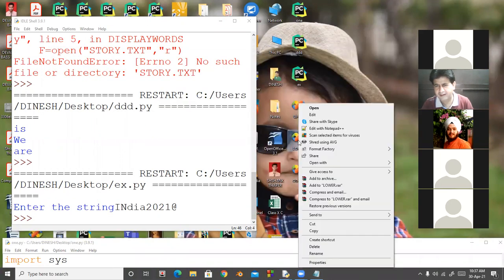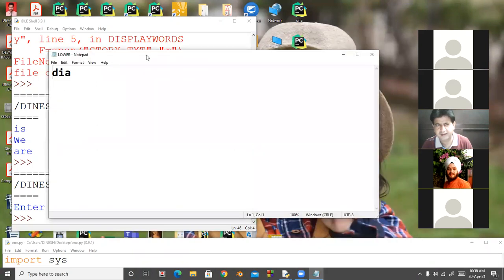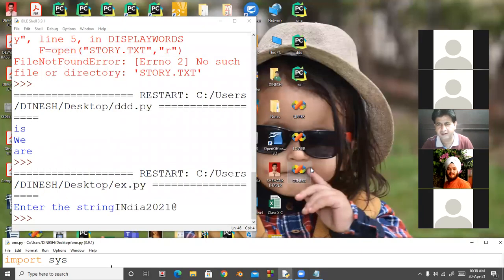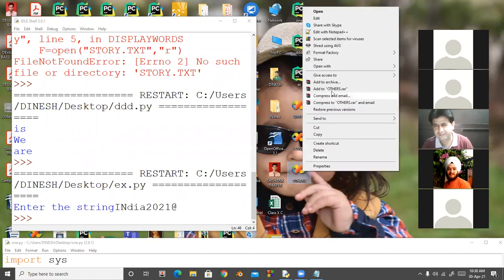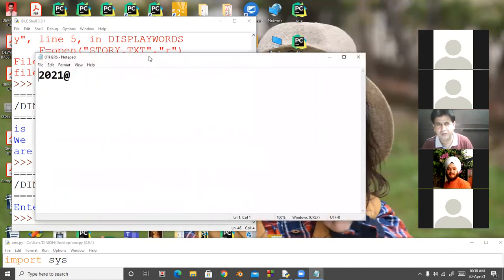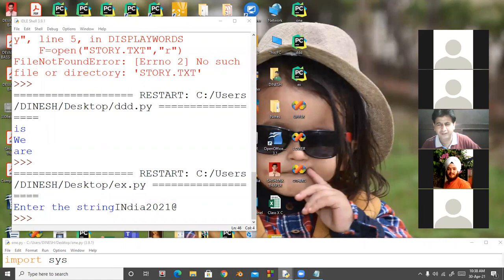Then in the lower file, there are DIA. And in others, these are 2021 @. So this is the complete program.